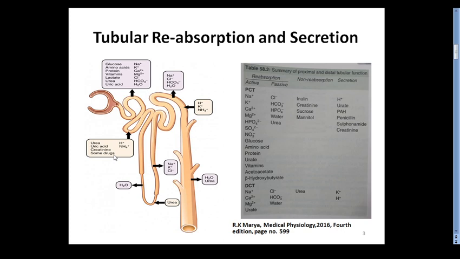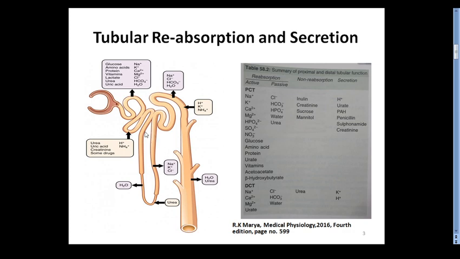Similarly, iron: if there is hemolysis, like in case of incompatible blood transfusion, when the RBCs get ruptured, a huge amount of iron is there and it comes into the renal tubule. This free iron may cause damage to the renal tubules, especially the PCT. So this is about the PCT, and the next part is the loop of Henle.